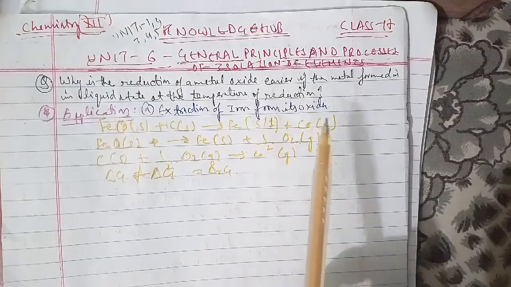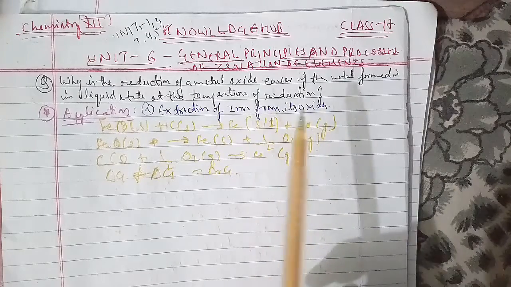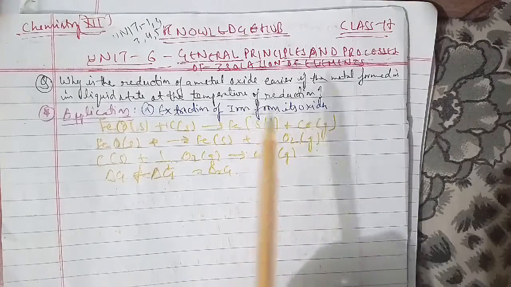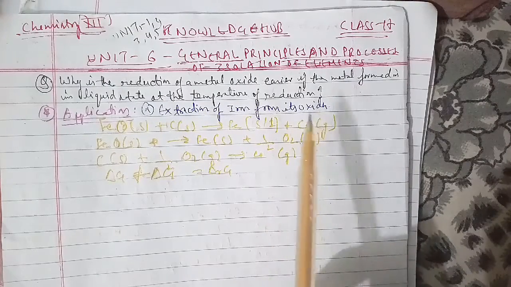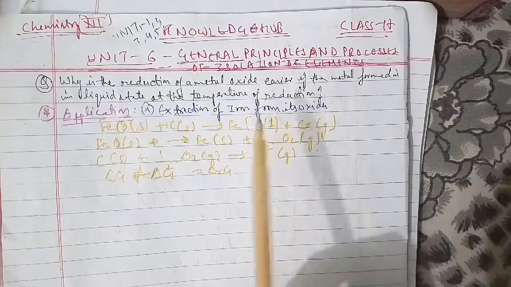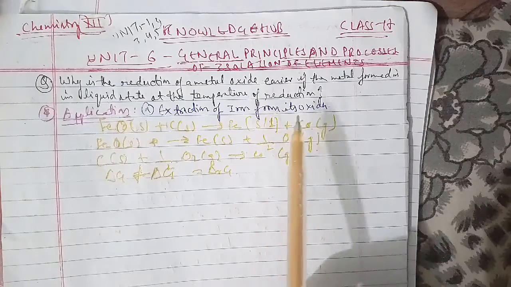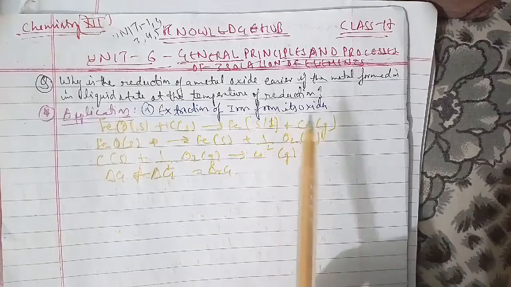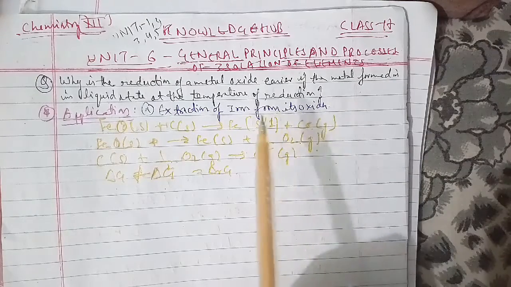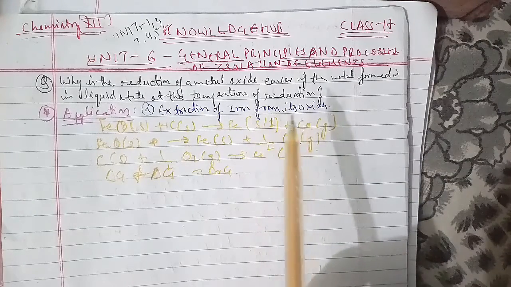The iron oxides Fe2O3 and Fe3O4 coming from the top are reduced in steps to FeO. Thus the reduction reactions take place in the lower temperature range and the higher temperature range, depending on the points of corresponding intersections in the delta R of G versus T plot, and these reactions can be summarized as follows. At 500 to 800 Kelvin, the lower temperature range in the blast furnace, we have the reactions.